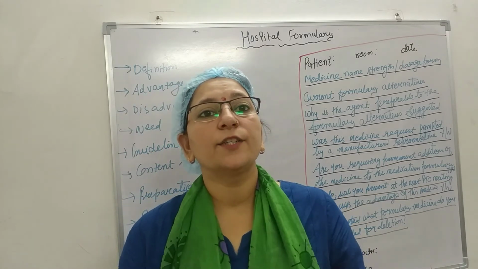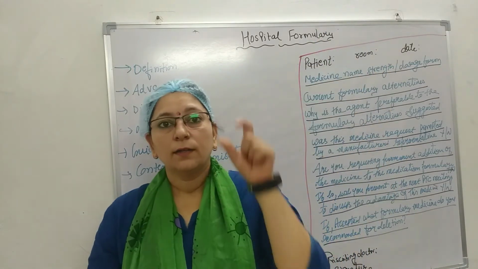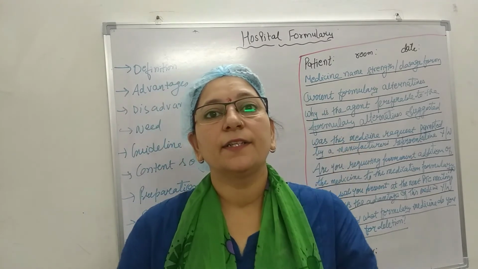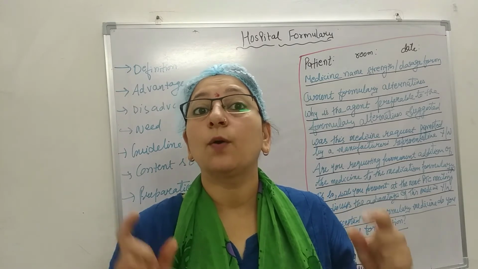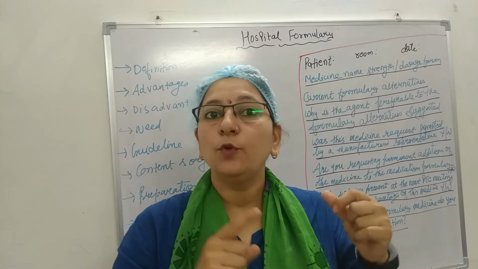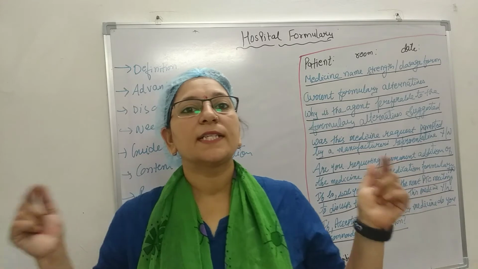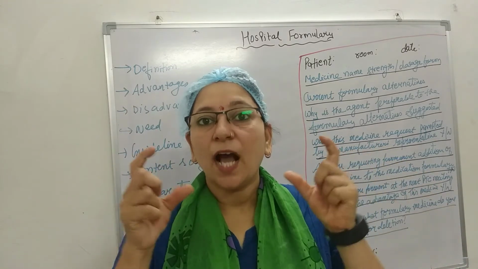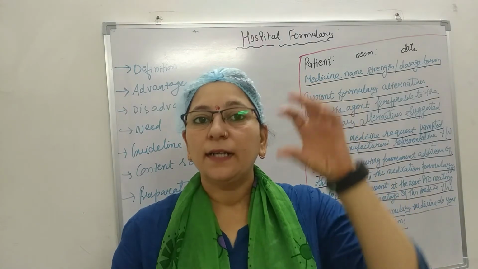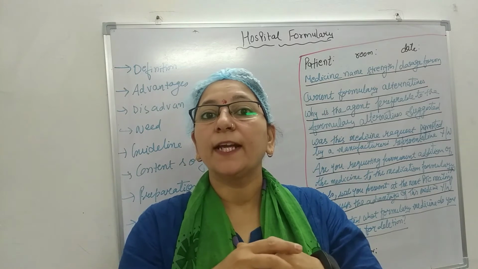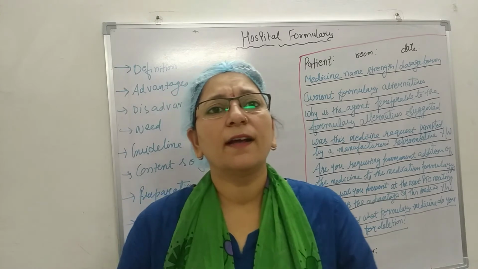Now, criteria for addition or deletion of drug. The subject drug must be present in the pharmacopoeia. The drug which should be deleted or added must be present in the pharmacopoeia. The drug product is to be manufactured by a licensed company with a good record. The preparation of known composition can only be added to the formulary. The subject drug product should receive approval for its clinical value by the local physician. The drug of established therapeutic efficacy can only be added to the formulary. So these are the criteria.